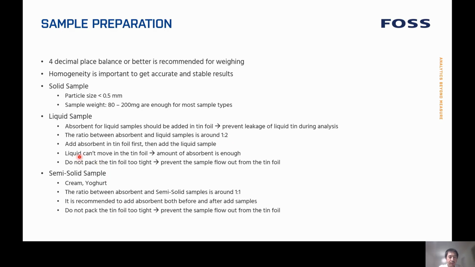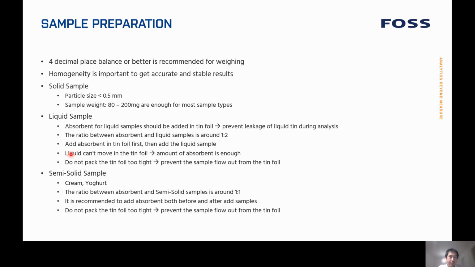The way you do the weighing is that you add the absorbent in the tin foil first, then you weigh the liquid sample, so the absorbent in the tin foil can absorb the liquid sample. And when you do this procedure, the liquid cannot